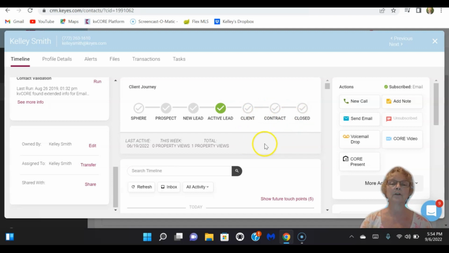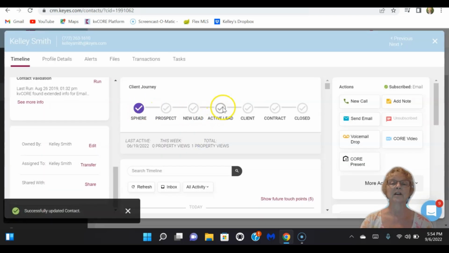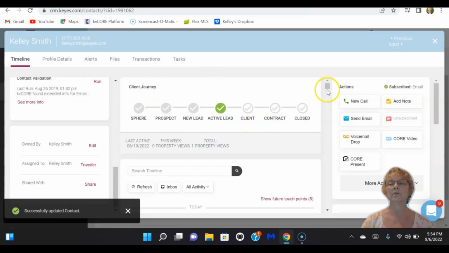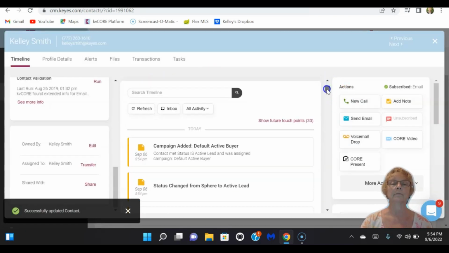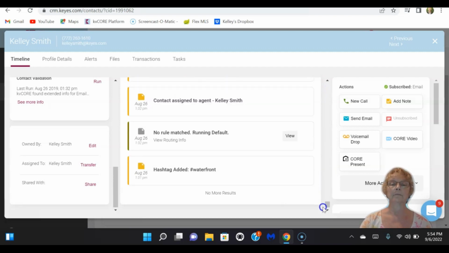This tracks all of your income and activity with this particular person, but you can just change this. So I'm going to change it to Sphere, yes, and you can see I can change it back to active lead, yes. So it's easily changeable for what you want this person. And you can see the whole timeline from August 26th, added the hashtag,